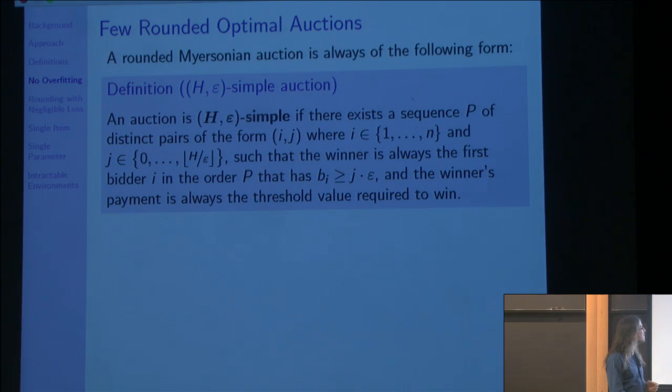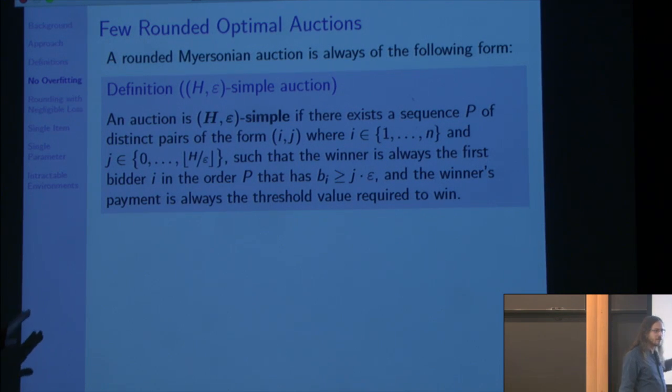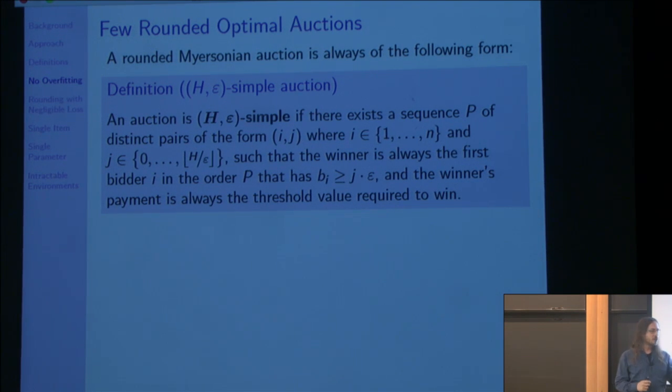So an auction is H epsilon simple if there exists a sequence of distinct pairs of bidders and epsilon intervals, such that the winner is the first bidder in the order whose bid lies in that epsilon interval. So let's give an example. So here's an example of such a sequence. So the first element of that sequence could be Mark and his highest epsilon interval. The second, if Mark's bid